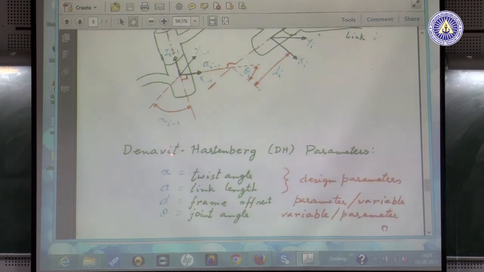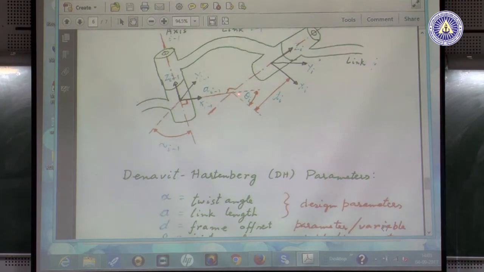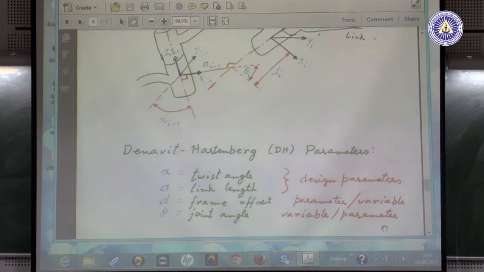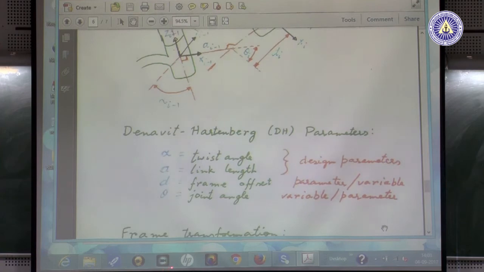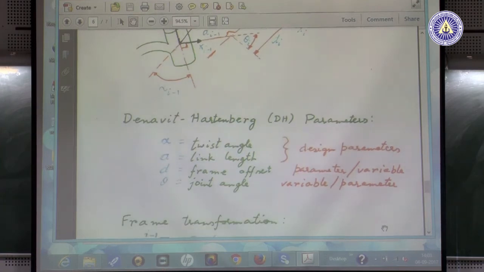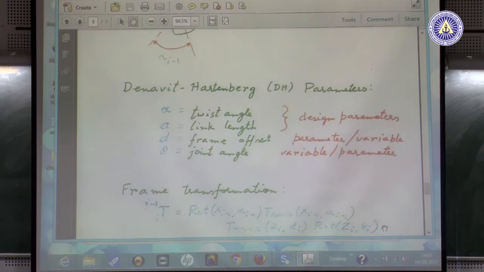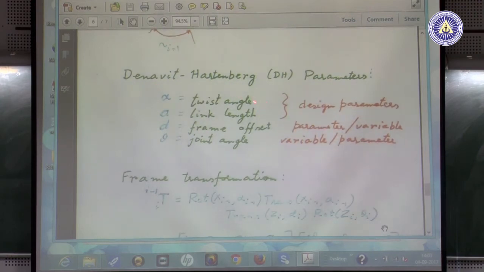And wherever you came here, from that how much you need to go along the axis to get to the next frame. So, that is why it is called frame offset. And finally, how much you have to turn, that is the joint angle of this joint. Okay. So, these are the 4 DH parameters, Denavit-Hartenberg parameters, out of which 3 are always fixed by design. These 2 will always get fixed by design. Okay. This will be fixed by design